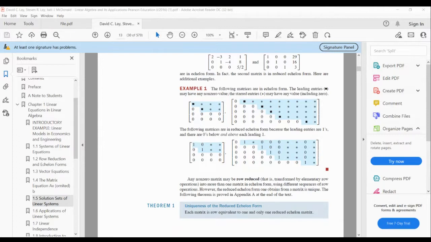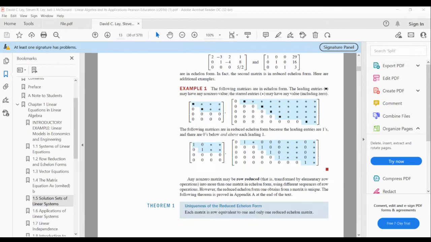Hold on here, I've got to go down a little bit. Yeah, any matrix is row equivalent to one and only one reduced echelon matrix. So when they talk about any matrix, they're not saying the matrix has to be the augmented matrix for a system of equations. It could just be a matrix of values. But no matter what row operations you do on a matrix,